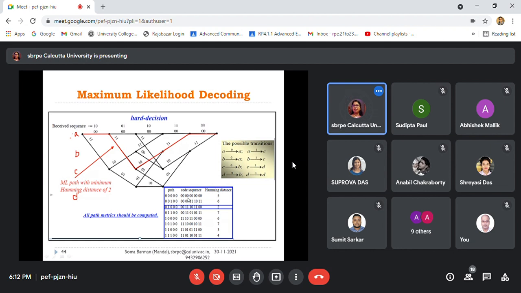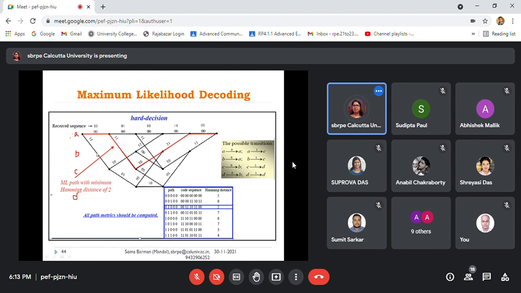And what is this? 0 0 to 0 0 means 0 input. 0 0 to 0 0 means again 0 input. So all are 0. 0 0 to 0 0, 0 input. 0 0 to 1 1, so that means this path, so obviously your input should be 1. 1 1 to 1 0 is the upper path, that means 0 input, so that's why it is 0. 1 0 to 1 1 is also the upper one, so the input is also 0.